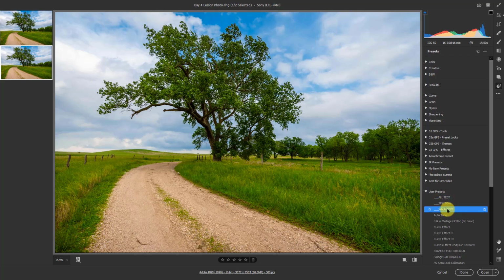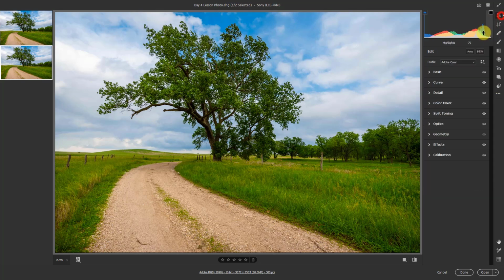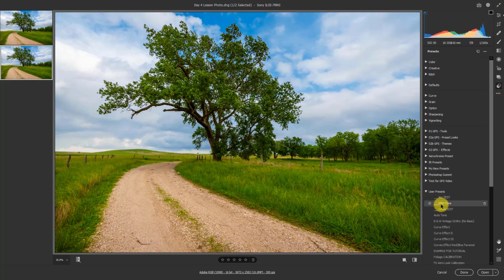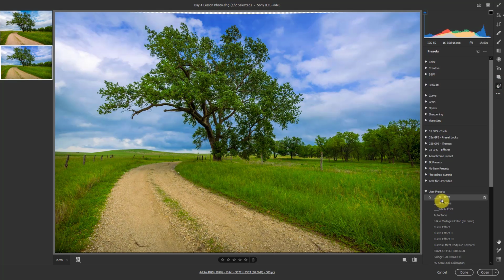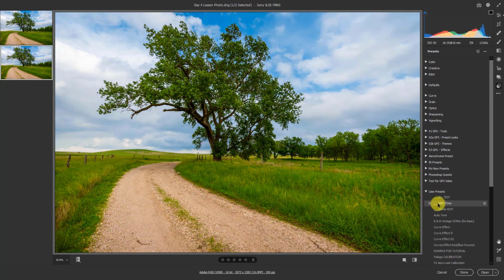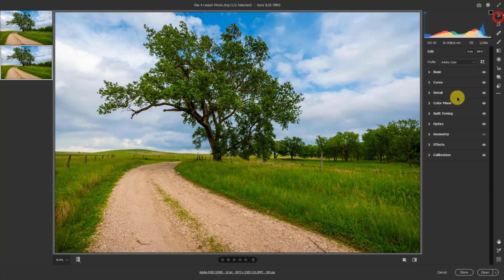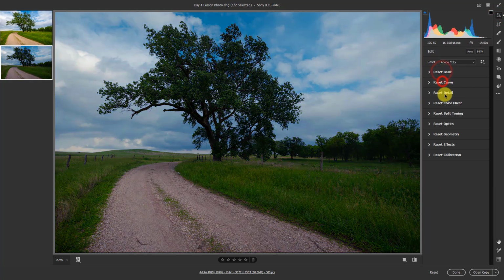Now, because I told it to do the whole image preset, that already included the split tone. So what I'm going to do is I'm going to go into the basic settings. I'm going to Alt or Option click and reset the split toning. So now if I go back over here to the preset that we had and say split tone, this is just going to put any of that split toning on this image. It's not going to put all the stuff on there because the only thing that's included in here is the split tone. And the way you can see that is if we Alt or Option reset all of this stuff,